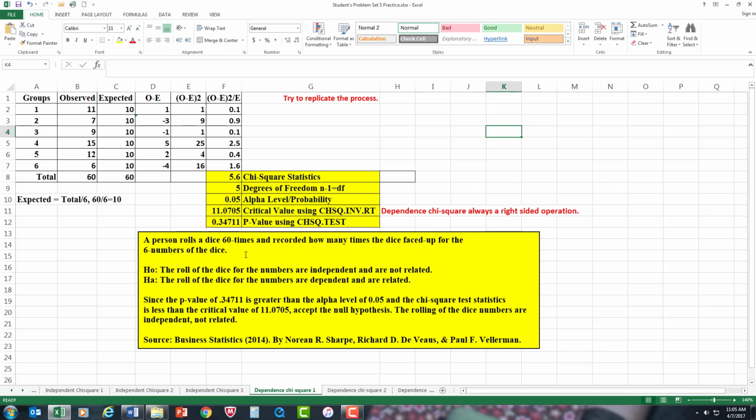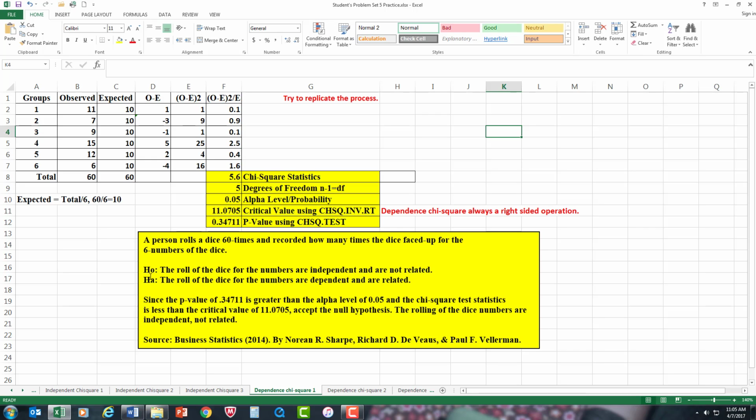Now this is a classical example. A person rolls a dice 60 times and recorded how many times the dice faced up for the 6 numbers of the dice. Now you got to establish your